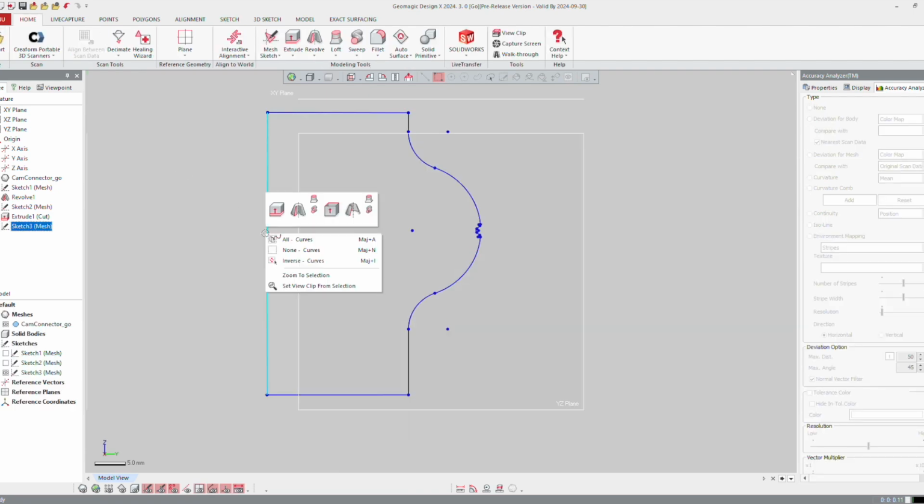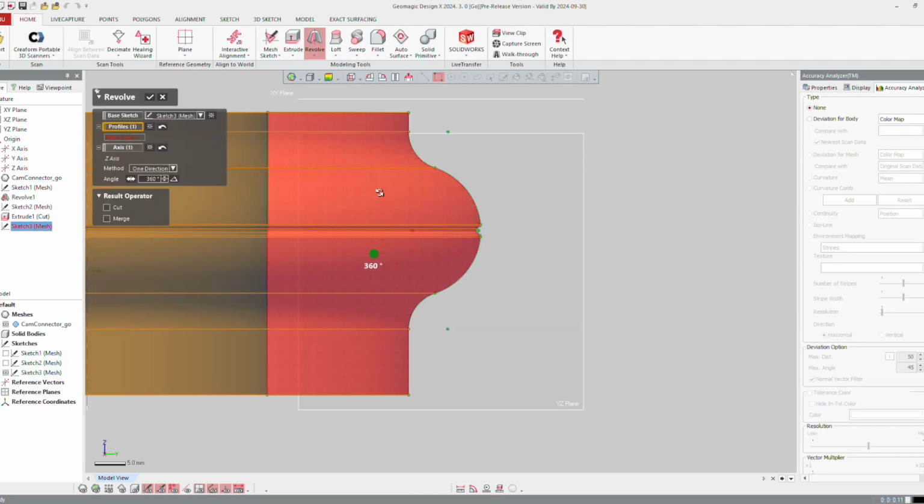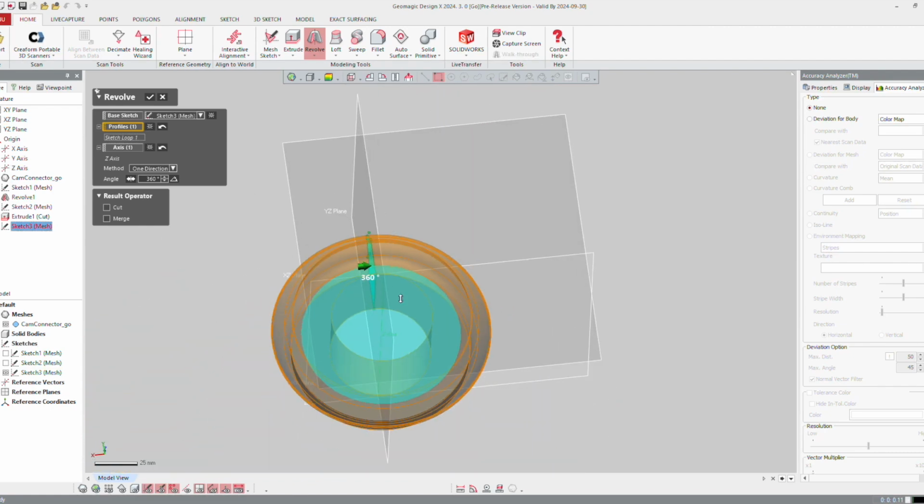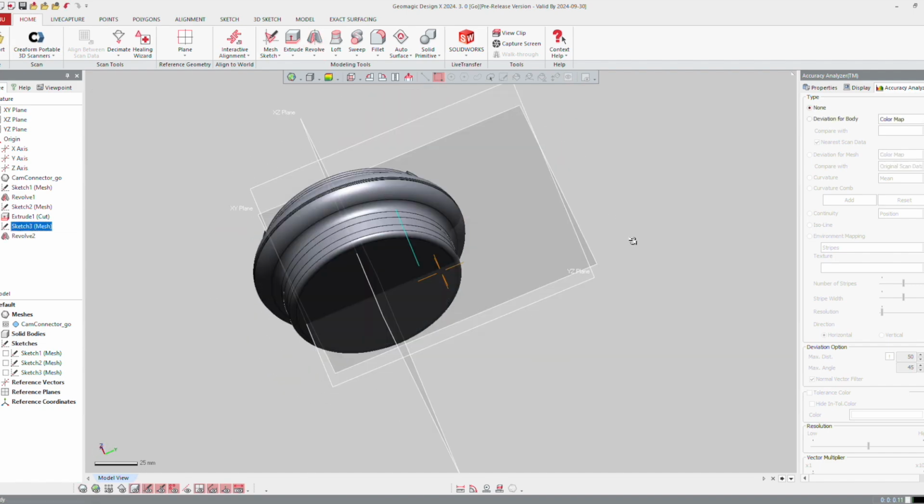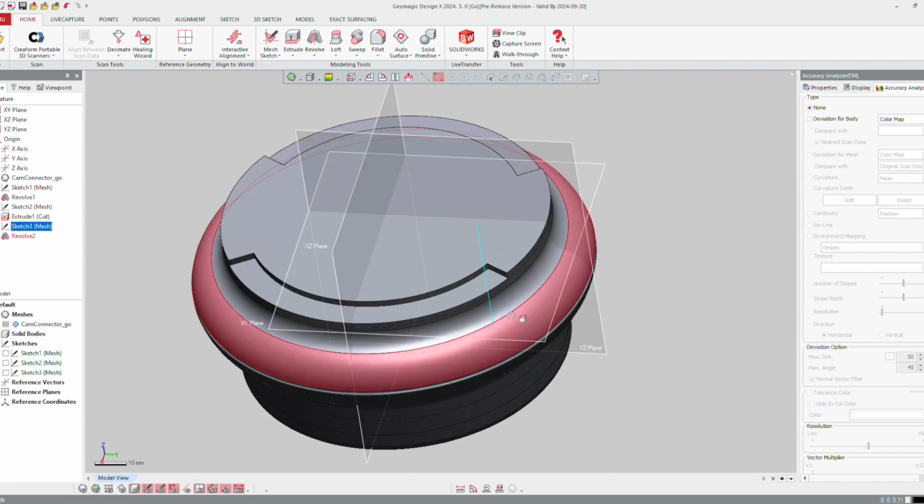Right mouse click and I will again do a revolution. The software tries to make a complete revolution. It's okay for me, but I don't want to make a merge. So I will choose don't merge or don't cut. I will create a 360 degrees from there. And if I display now my CAD, I get the two definitions, but this is wrong because it's a complete